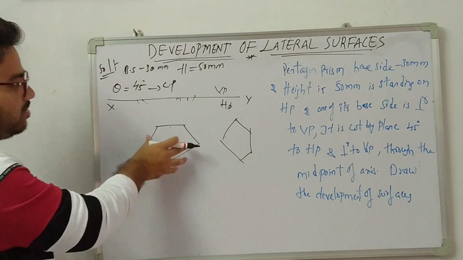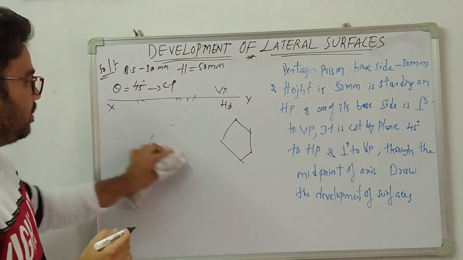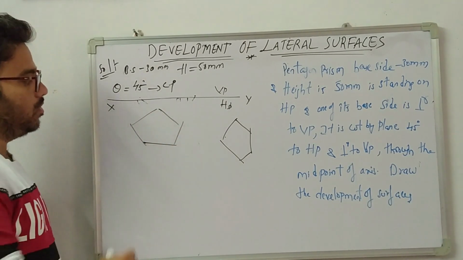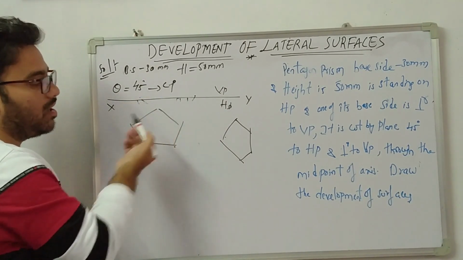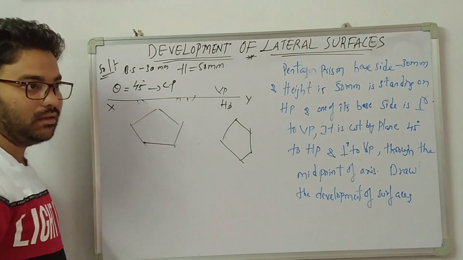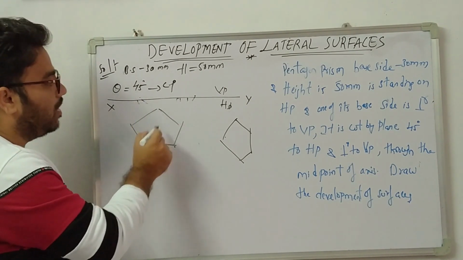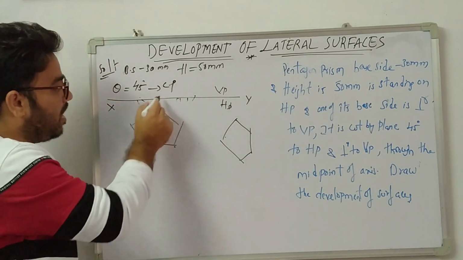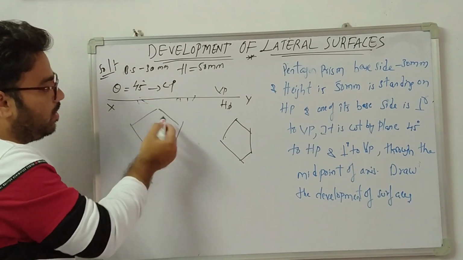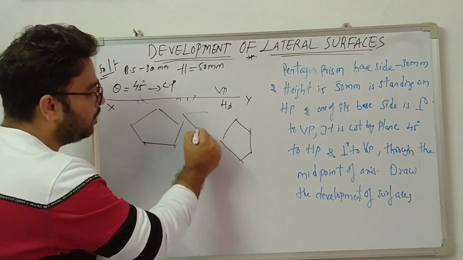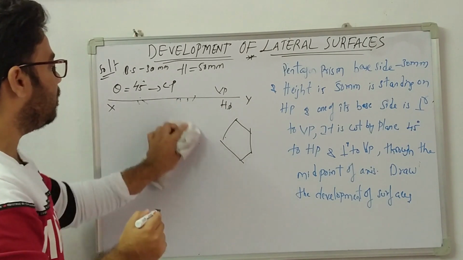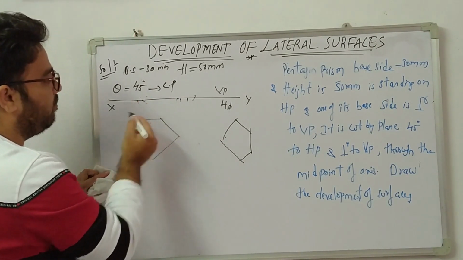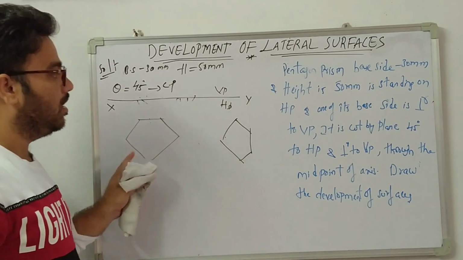Sometimes, whatever this pentagon is, you can draw this pentagon like this also. So this is also parallel to the VP, you can draw this condition also if the parallel case is asked. Moreover, in some problems, along with parallel to the VP, he will say away from the VP, so this is away. If it is nearer to the VP, this is the condition. If it is nearer to the VP, this is the diagram we have to draw. This is nearer to the VP, one of the sides is parallel.